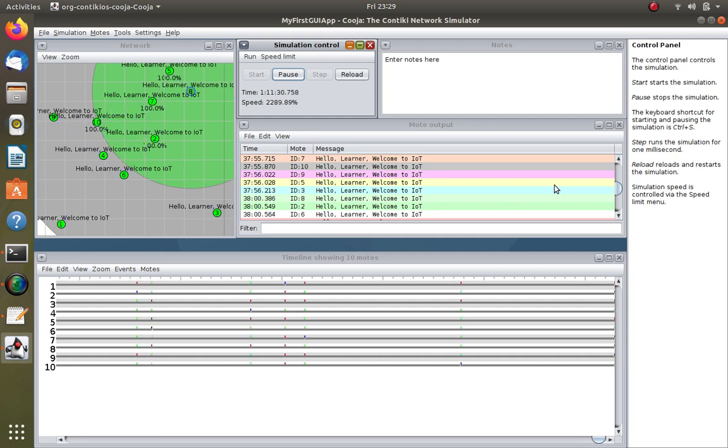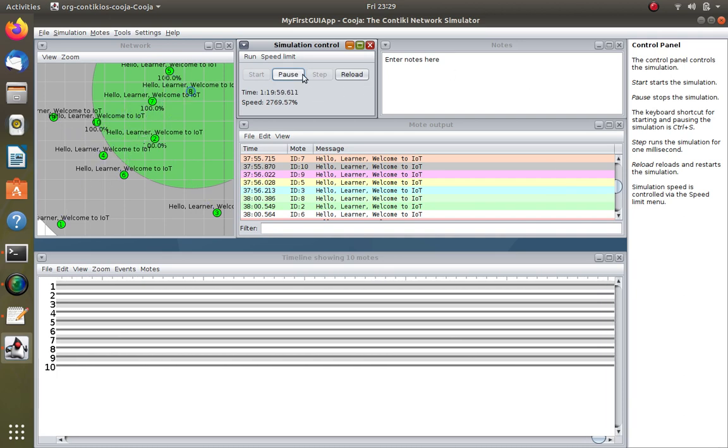The reason being most of us are on vacation, or most of us are at home, so we could not go and purchase any sensor mote outside. So obviously what we can do is learn these wireless sensor examples in a simulator or emulator environment. So that's what we are going to see.